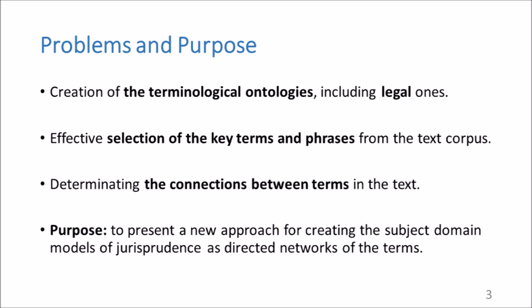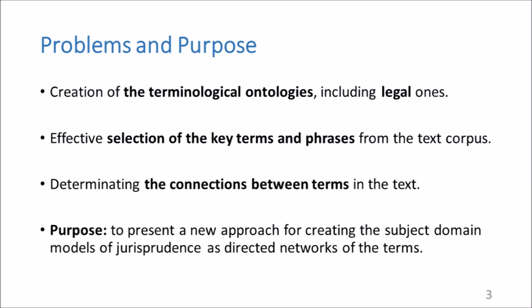A very significant step in the comprehensive research of thematic text flows is the detailed formalized representation of knowledge suitable for automated processing: the creation of subject domain models and terminological ontologies, including legal ones. A particular step in this formalization is to identify the basic objects, in our case the key terms. The task of effective selection of individual terms from the text corpus and its automation is still open, important and completely unresolved. It is an equally complex and open task of conceptualization to establish the connections between terms.